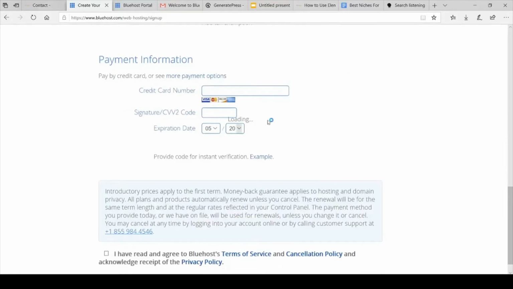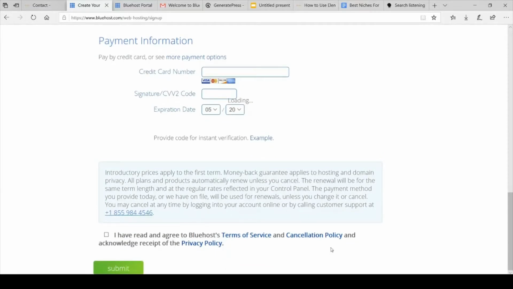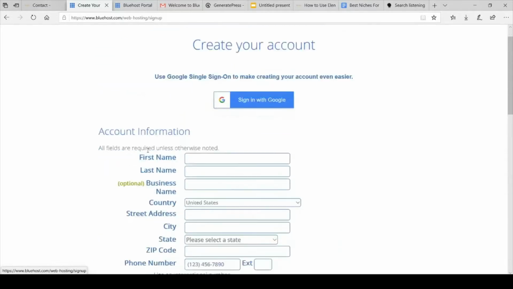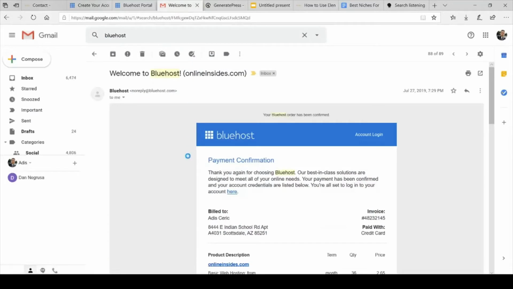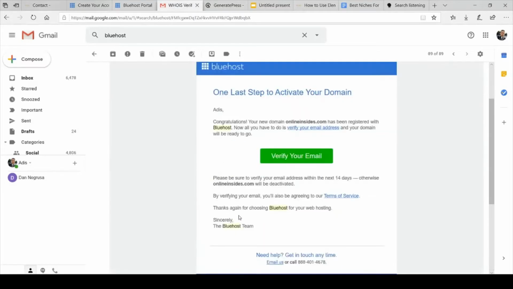And then you're going to fill in your payment information here. Okay. You want to look through the terms of service, agree, and then you're going to submit. And once you've taken care of all that, you should get a confirmation email. So just make sure to check your email, and you'll get something that should look like this. You're going to verify your email,